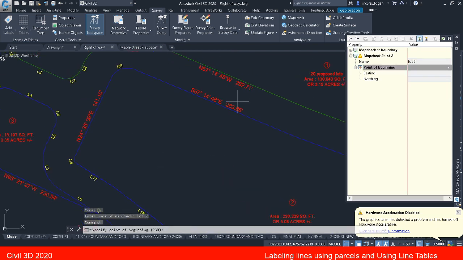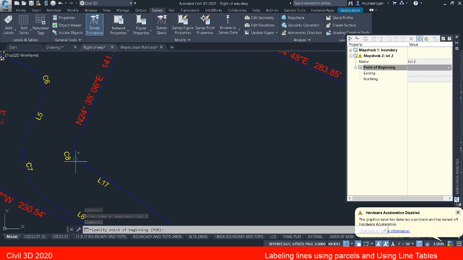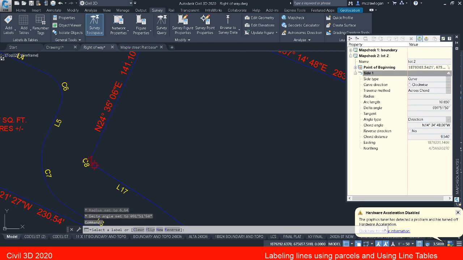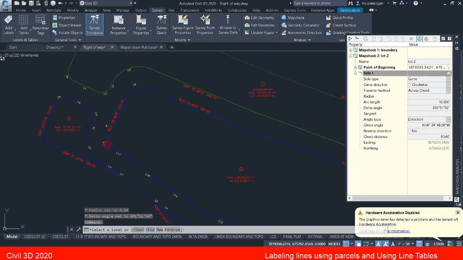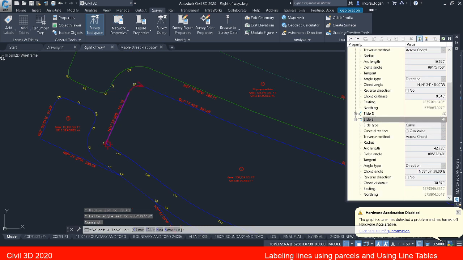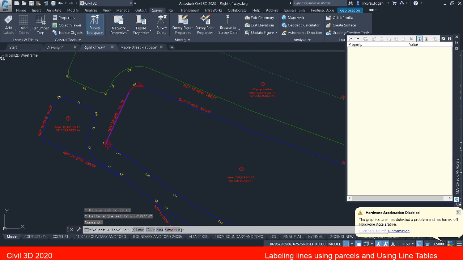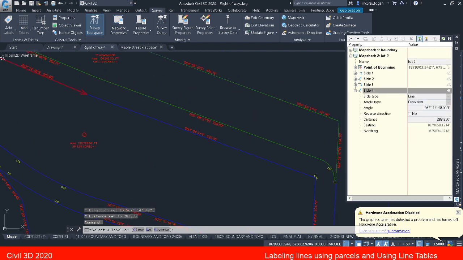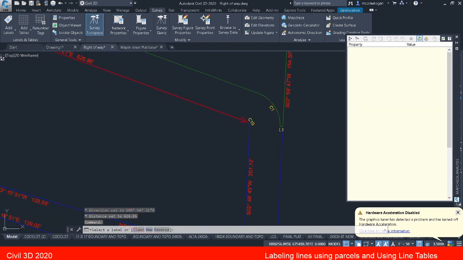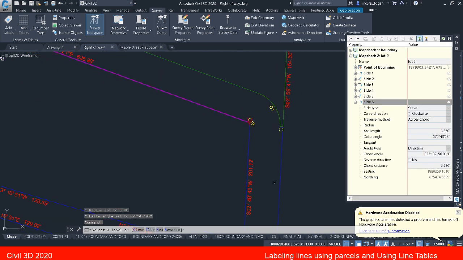So if somebody's coming by to review you, they can go to the map check and see, oh, you've already created a map check for lot 2, and here's its closure. And then again, just like before, I just keep clicking on the label styles that I want to use, and